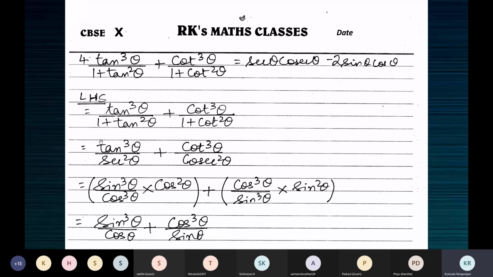Now this tan cube theta is written as sine cube theta by cos cube theta, because tan theta is sine theta by cos theta. Cubing both the sides, tan cube theta is equal to sine cube theta by cos cube theta. Like if x is equal to a by b, then x the whole cube is equal to a cube by b cube. So if you want to interpret a particular identity, you should justify it. You must get the new result by squaring, cubing, or doing some action which balances both the sides.